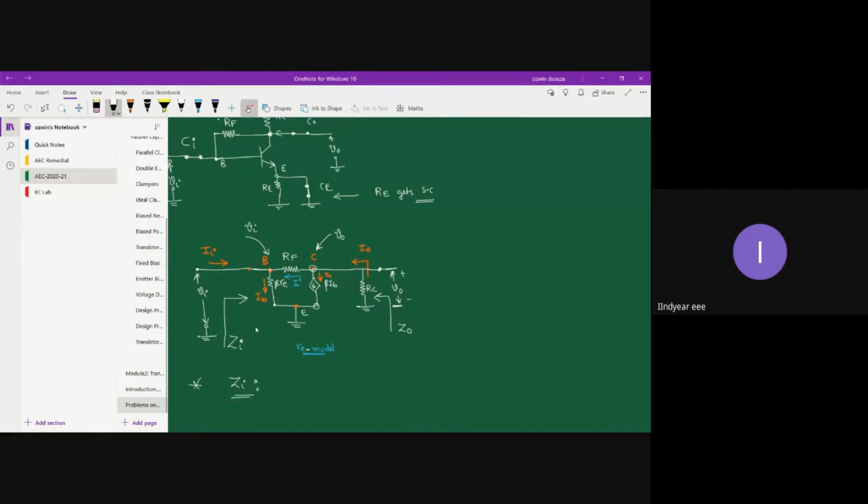Now the input impedance Zi cannot be judged as just beta re, right? Because with beta re, you also have RF connected. When you look into the network, it is pretty obvious that beta re and RF are neither connected in series nor in parallel. So you have a kind of peculiar arrangement of resistances. In order to find Zi, we have to apply a circuit analysis technique. So we will apply nodal analysis